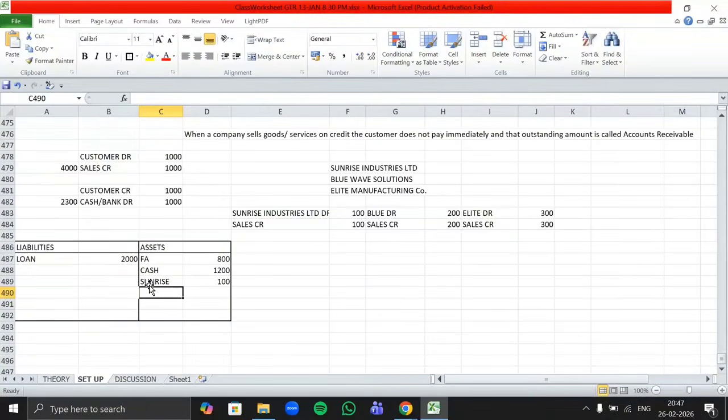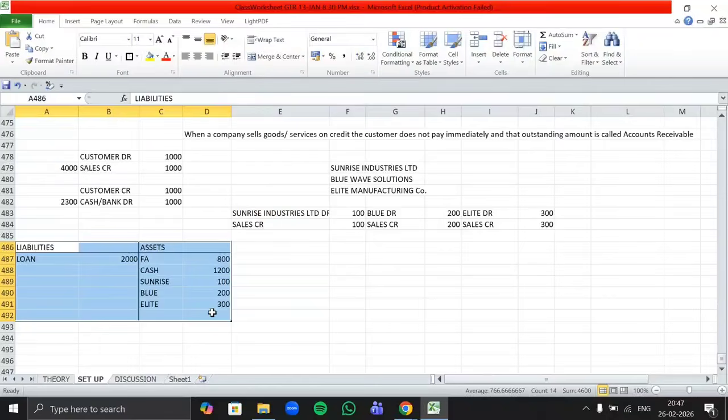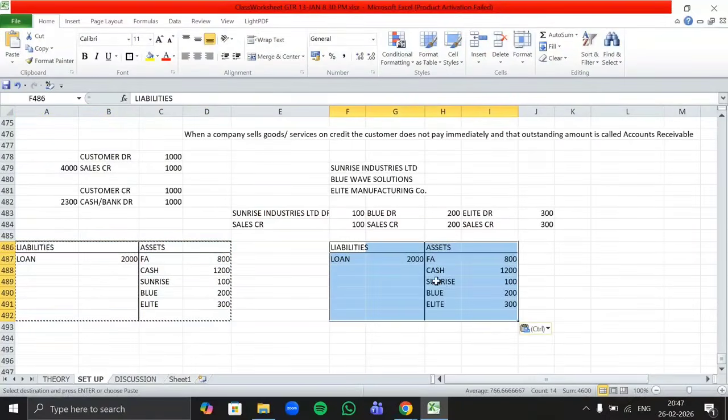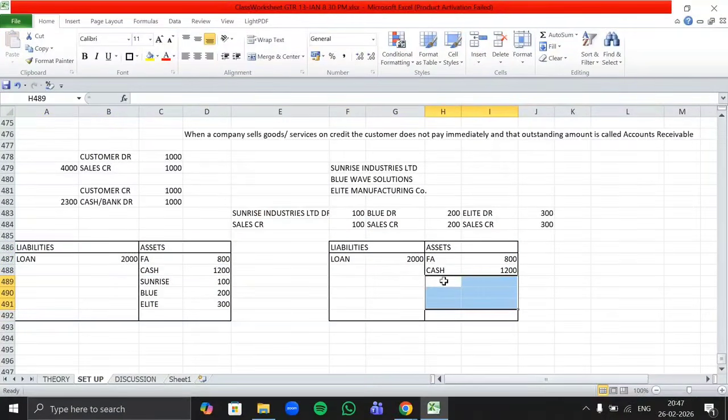Some are saying to create individual GLs. While posting the entry we post journal entries individually, but in the balance sheet it's the whole group under sundry debtors. Exactly, it will not be created as an individual GL. If you create individual GLs, you can just imagine how your balance sheet looks. So instead of creating individual GL accounts, we just create one reconciliation GL, which is our debtors GL. So what is the work of the debtors GL?